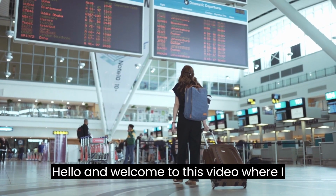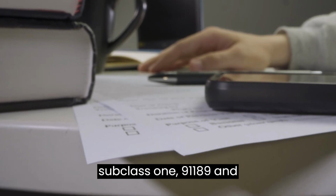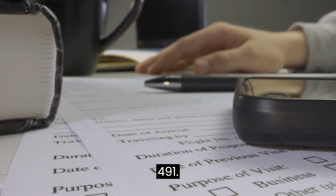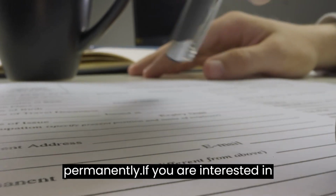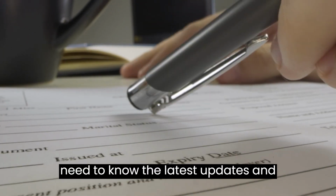Hello and welcome to this video where I will explain the recent changes in permanent residency visas such as subclass 190, 189, and 491. These visas are for skilled workers who want to live and work in Australia permanently. If you are interested in applying for one of these visas, you need to know the latest updates and requirements